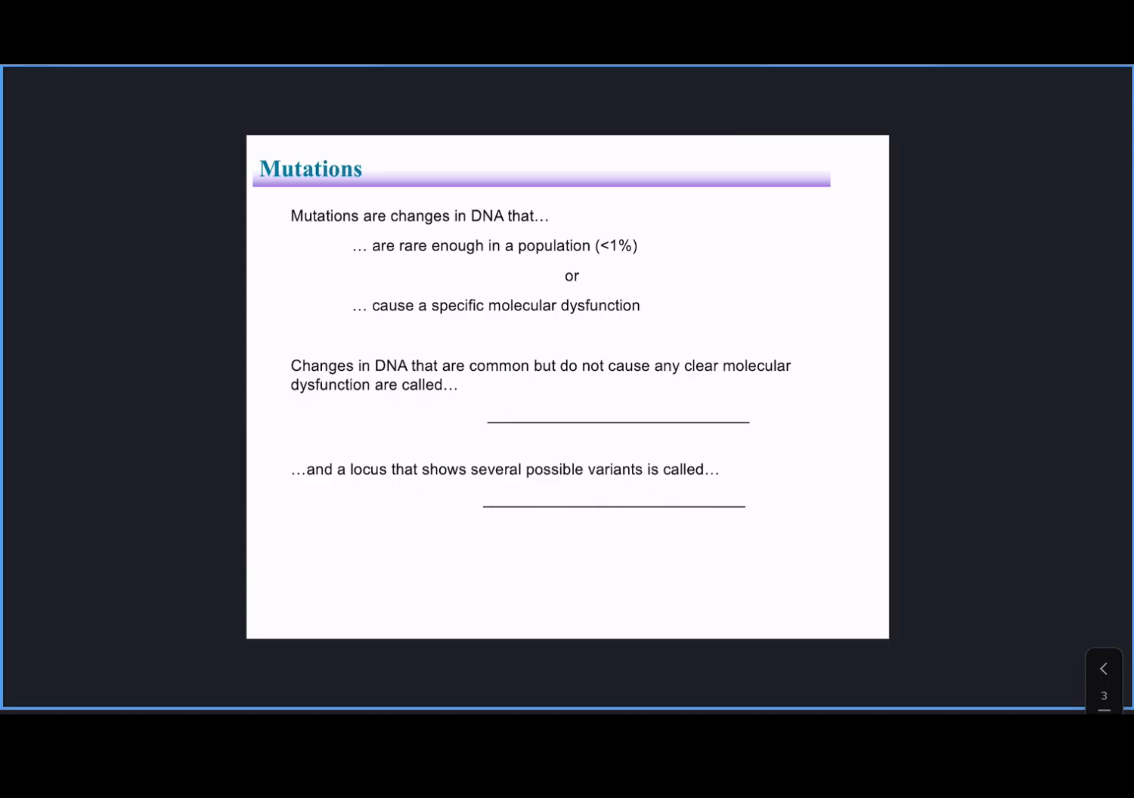There are changes in DNA that are rare enough in a population, and most people will agree less than 1%, some will say less than 0.1%, or that cause a specific molecular dysfunction. Why am I emphasizing that? Because